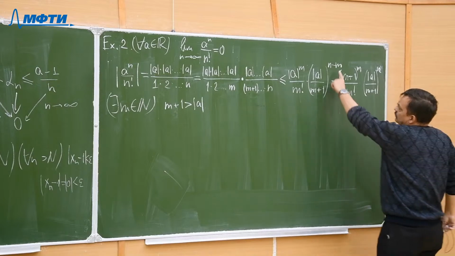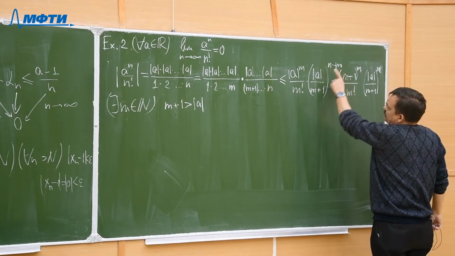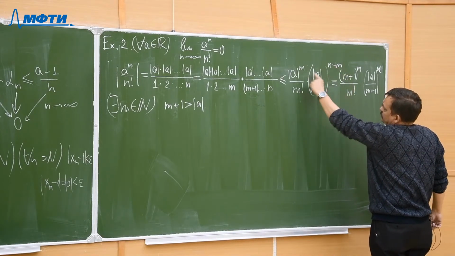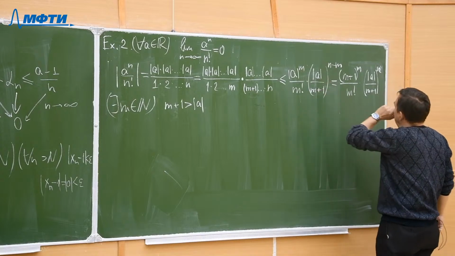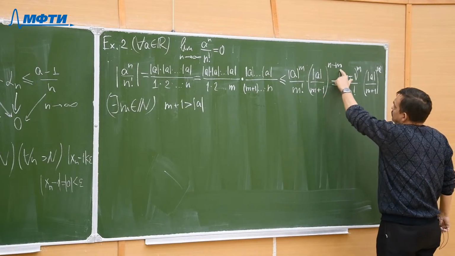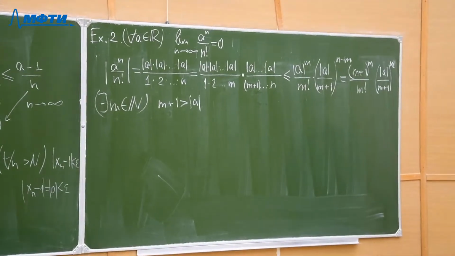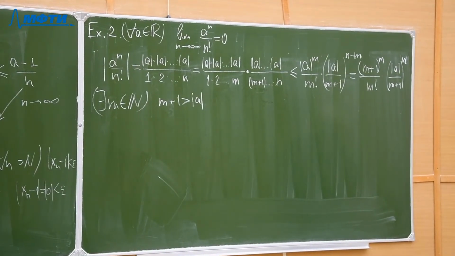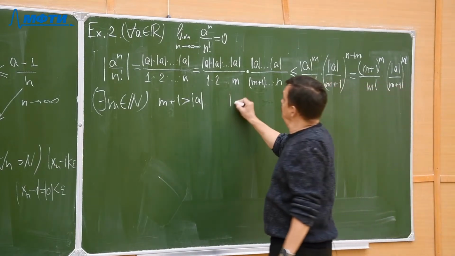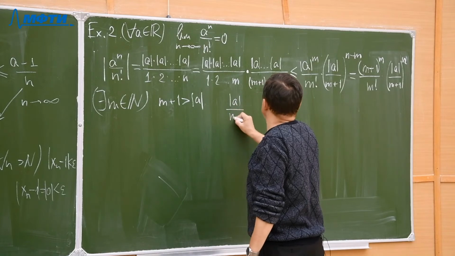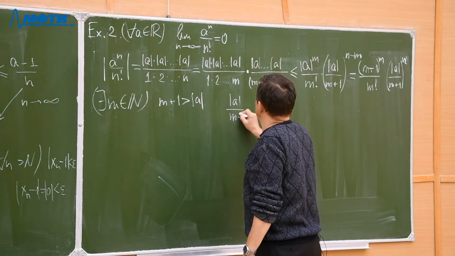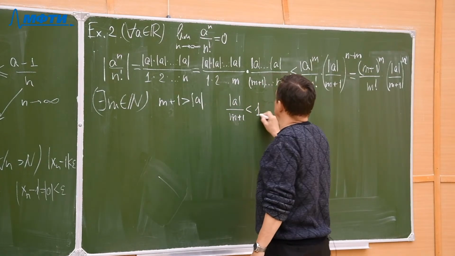So we cancel powers m of modulo a, m plus 1 power m is here, and the rest is as it is. Now modulo a over m plus 1 is less than 1,